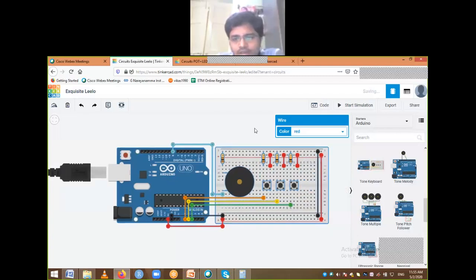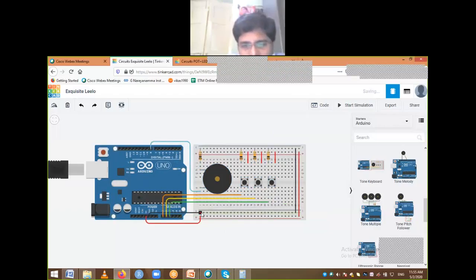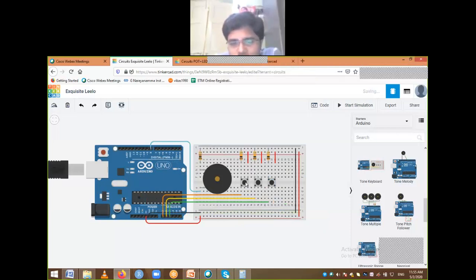So there is nothing big about this particular circuit. I'll just try explaining what they have considered. You can see 5 volts and ground they have given. They have connected some resistances over here. These are push buttons to make on and off. They have considered a buzzer. From the push buttons, basically they are giving either 1 or 0 to A0, A1 and A2. Depending on the push button value, they are trying to give the corresponding value to this particular buzzer. Okay, we'll directly start the simulation and see what happens.